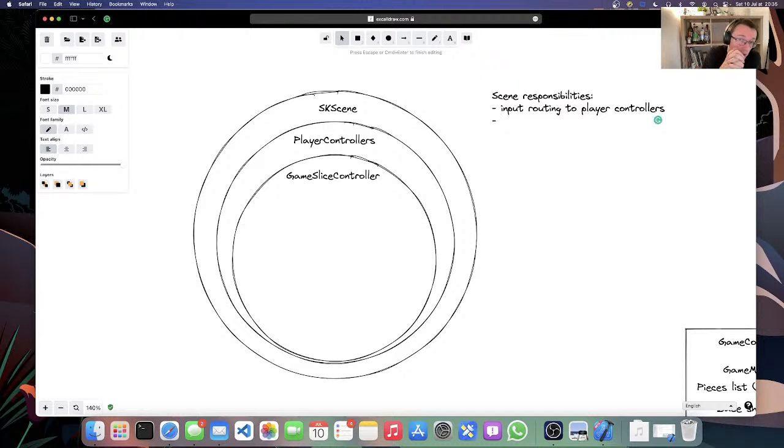So how does a game slice controller communicate? How do we send? Yeah, the networking part is really tough on my old thinking head. But okay, at least this part is clear. Input routing happens by the scene. The scene gets the gamepad or keyboard or mouse input. It sends it to the player controller. The player controller, well,